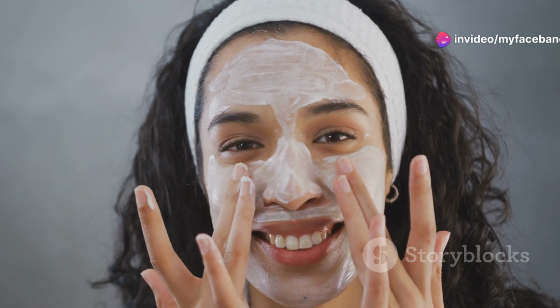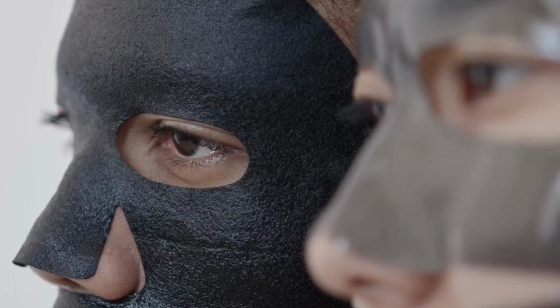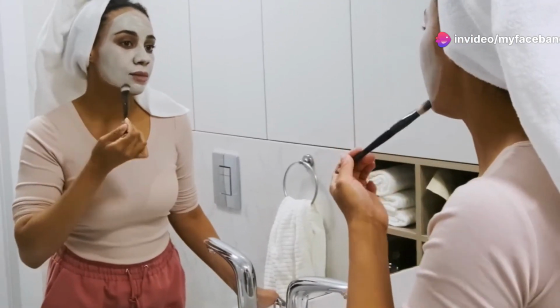Section 10. Ready, set, glow. So there you have it, folks. The wonderful world of face masks. From sheet masks, to clay masks, to DIY concoctions, there's a face mask out there for everyone. So go forth, mask up, and let your inner